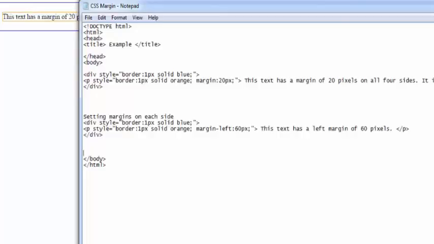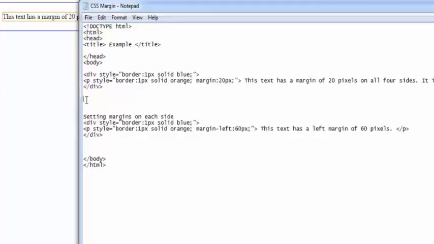On the left side here, I'll show you. P style, border is equal to 1 pixel, solid orange. Solid is the style and orange is the color. Width, style, color, properties for the border are defined, and for the margin you define the left margin,